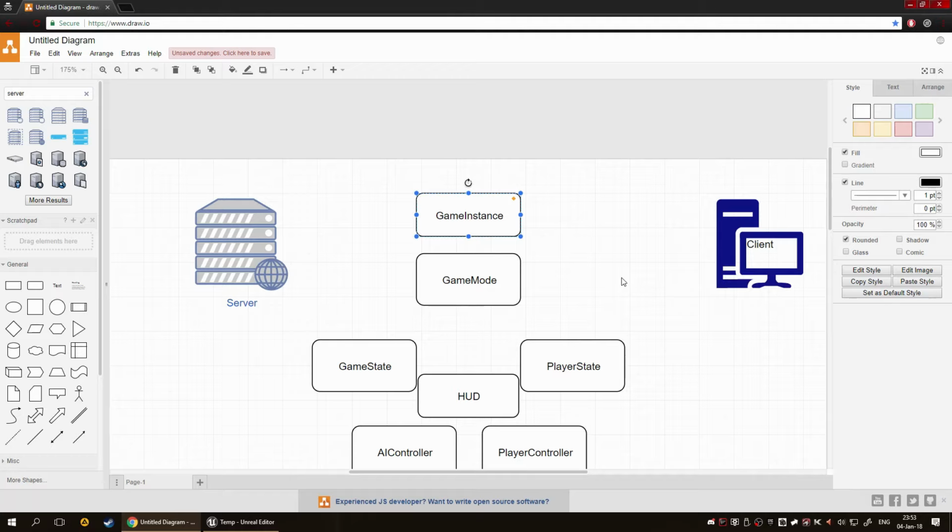Now, what is the game instance? By itself, it's essentially your overarching class, you could say an object, a container, that does not disappear, right? The moment your game gets created, the moment you start up your game, you get a game instance. Now, anything inside the game instance, whatever logic, data, anything that you store will persist until you shut down the